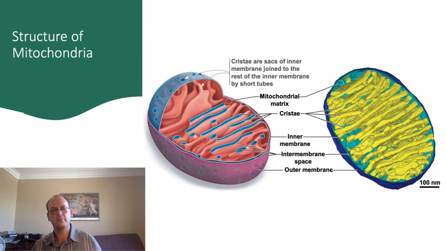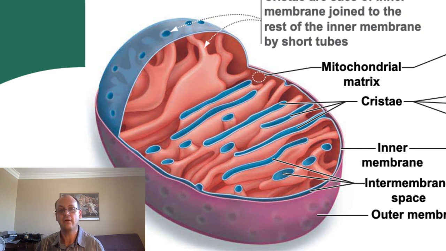As we've already learned, the mitochondria is often referred to as the powerhouse of the cell because this is where most ATP is generated. The structure of the mitochondria is really important with regard to how it carries out those functions. The mitochondria has 2 membranes, an outer membrane and an inner membrane. The inner membrane is infolded and joined with an extensive membrane structure that goes throughout the mitochondria. These infolded membranes are called cristae, and they house many of the enzymes and proteins that we'll talk about soon.